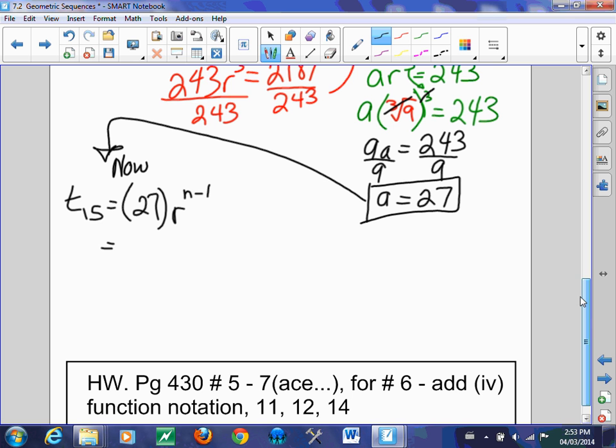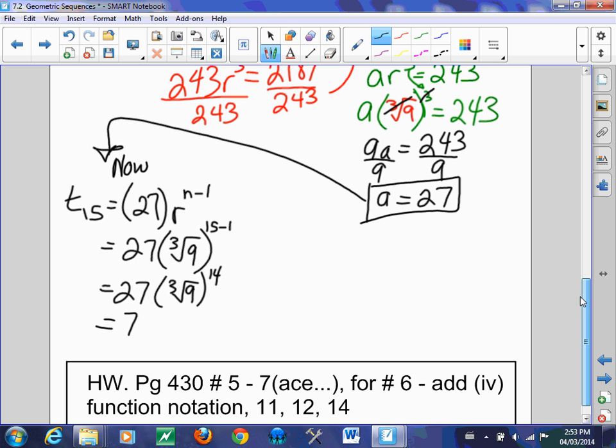So we've got 27 times the third root of 9. And n is 15, so it's 15 subtract 1. So you get 27 times the third root of 9, all raised to the exponent 14. That's where you have to plug that in your calculator, ladies and gentlemen. So it's 27 times third root, y to the x 14th. And hopefully you get something like